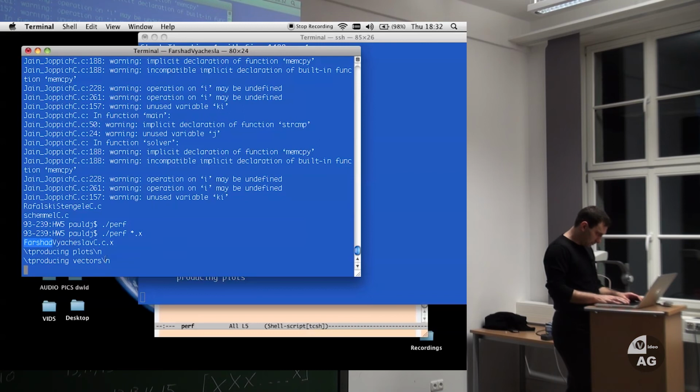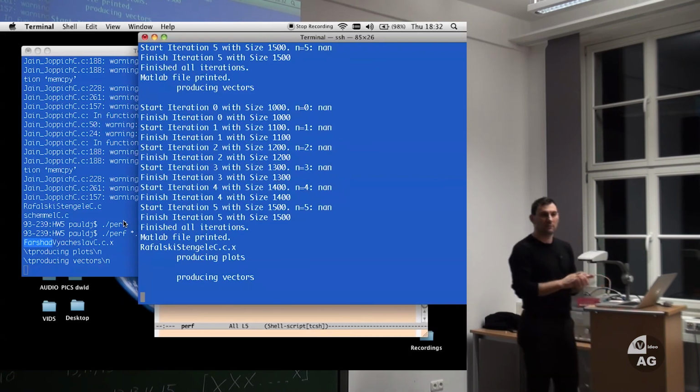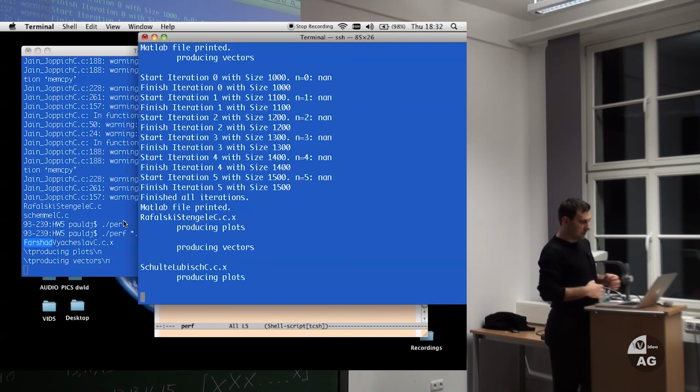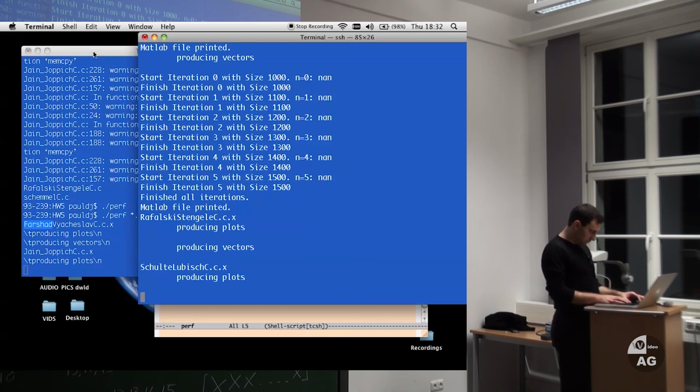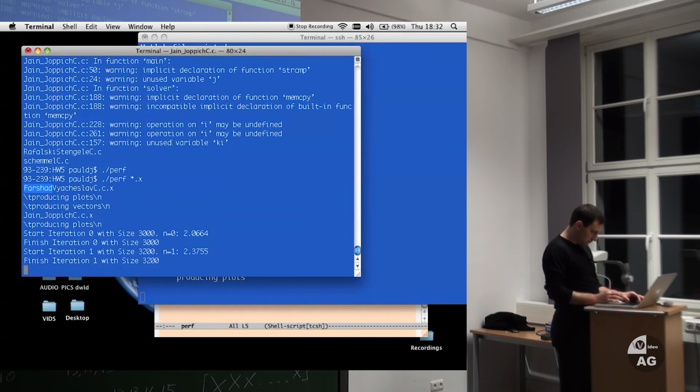Producing plots, producing vectors. Okay. Do you actually have an idea where the number comes from? No, actually not. There is a pre-release compiler on there, and I'm guessing that dividing by clocks per second on this machine divides by 0. Or something like that. That might be a problem. Yes. That was the only division by something that I'm doing that could somehow get me another number.